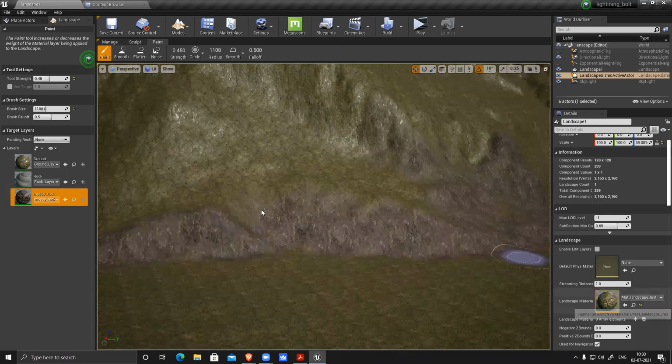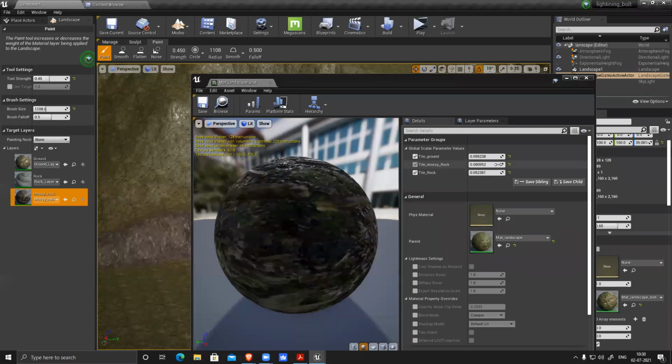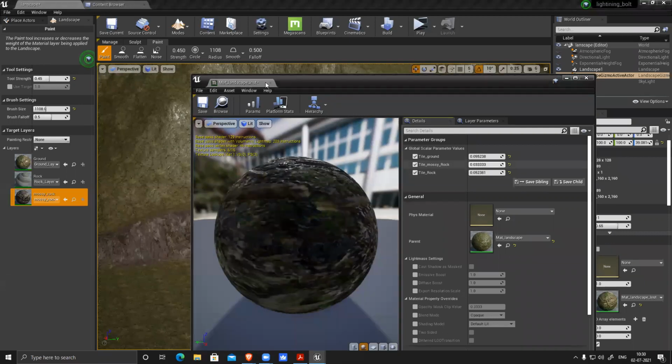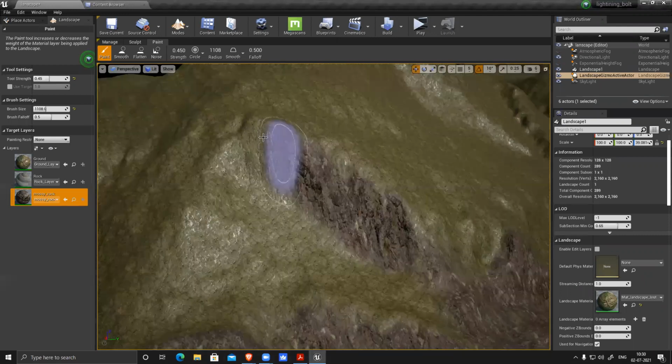And I feel this point should not be this one. See, I made it a little bigger. So now I can paint those surfaces.